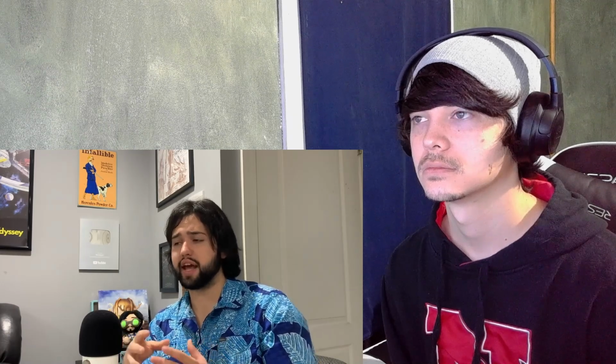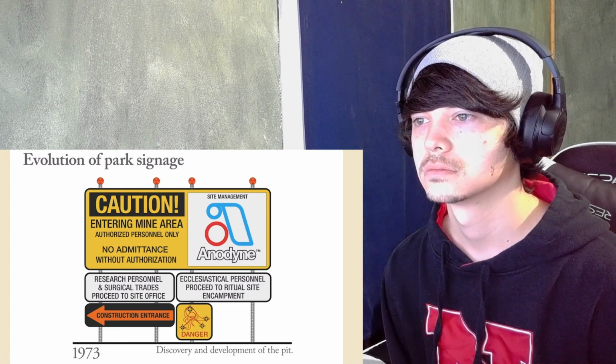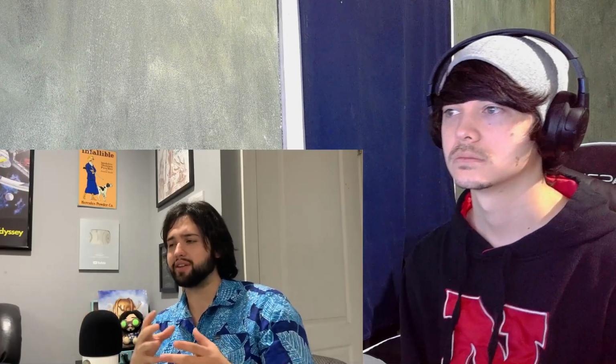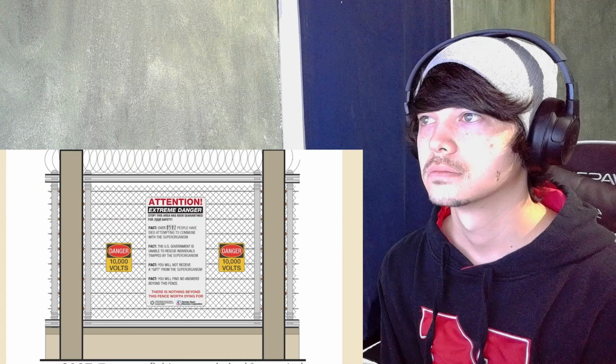Also on a chart that shows you signs of the Mystery Flesh National Park, and one of them that you can see in 1973, it says ecclesiastical personnel proceed to ritual site encampment. So even in '73, when they were putting this together, they realized there was some ritual practice that went into it. And then if you look at the modern signage that is up, it is a 10,000 volt electric fence